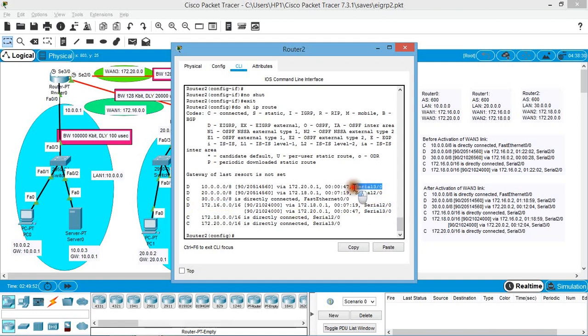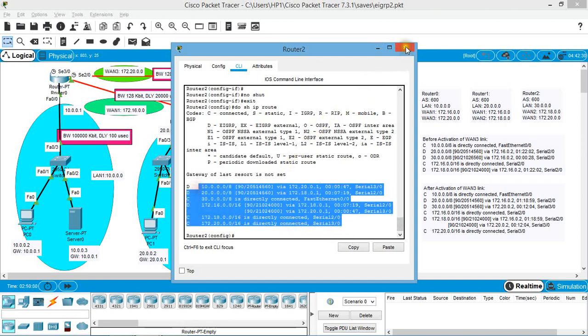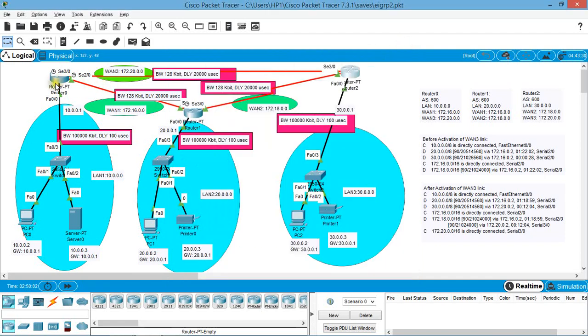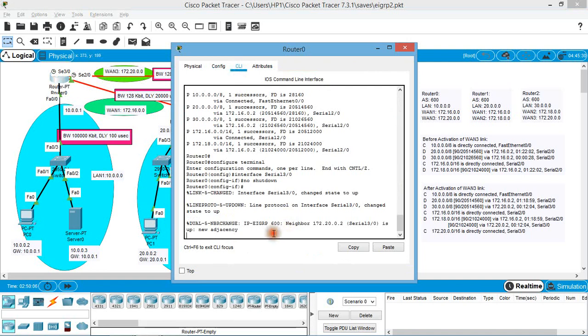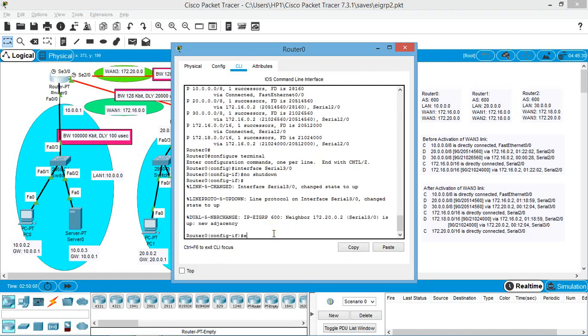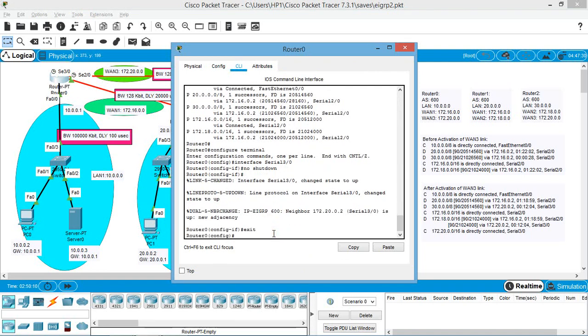It means the serial interface 3/0 is now active. And you can now observe the change in the routing table on router 2. Similarly, on router 0, we can check the updated routing table with the command do show ip route.